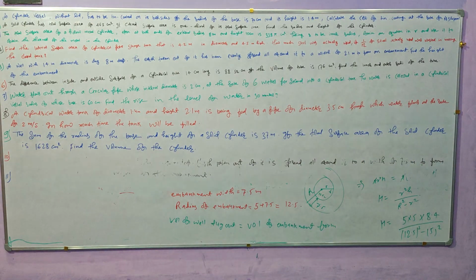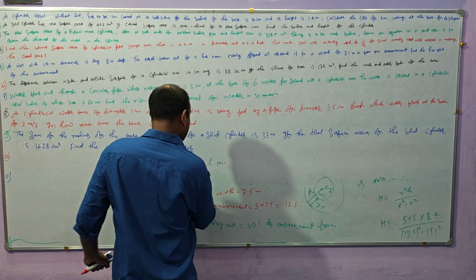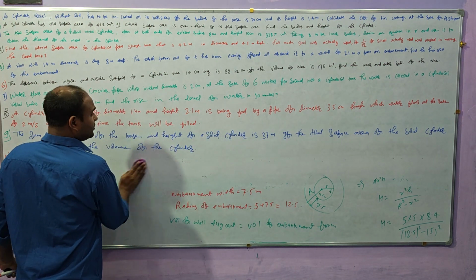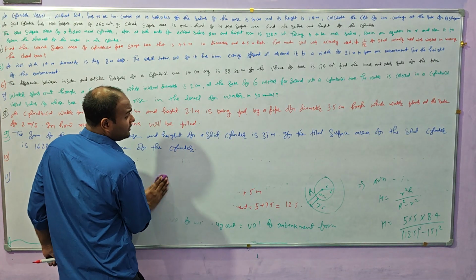So the sum of the radius of the base and height of a solid cylinder is